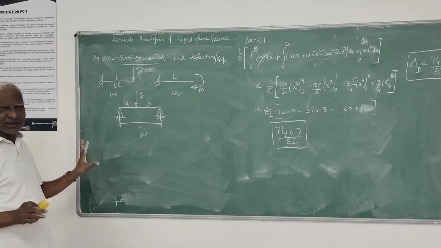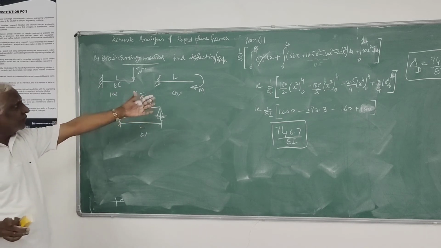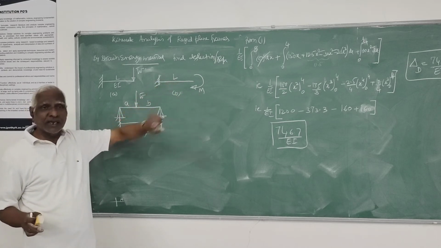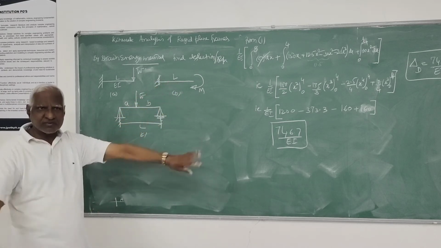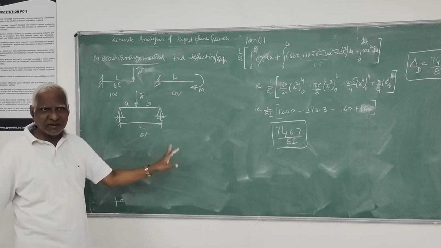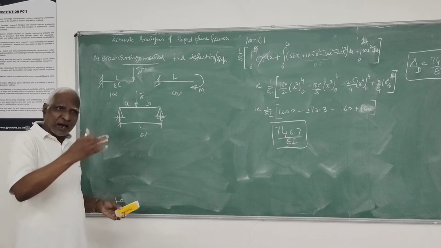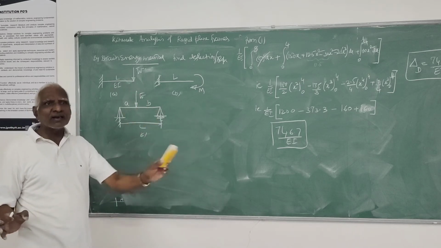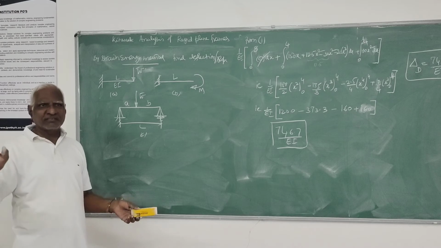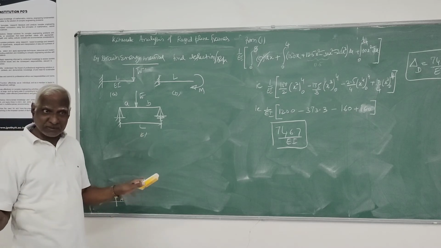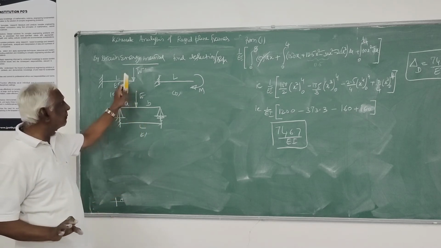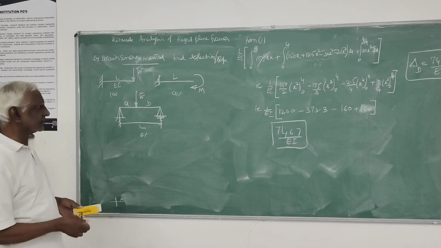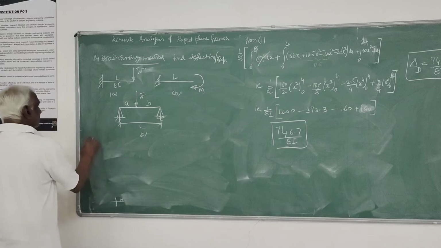If they are setting some problem, find the vertical deflection due to a moment load or UDL, straight away you can say it is not possible by the strain energy method. You have to adopt either the application of strain energy method, Castigliano's, or unit load. Then you can proceed with that. You will get full marks absolutely. They cannot simply say strain energy. Strain energy means these are the limitations. So this is very simple.